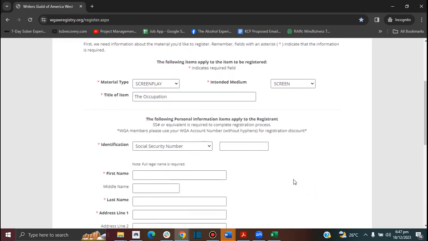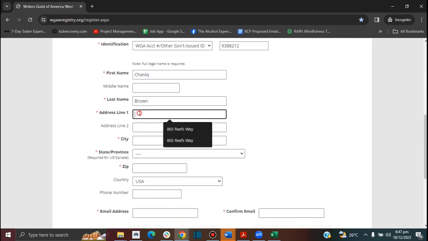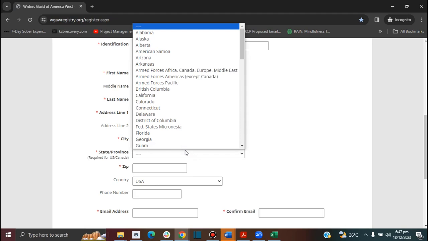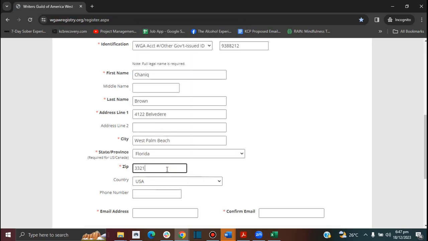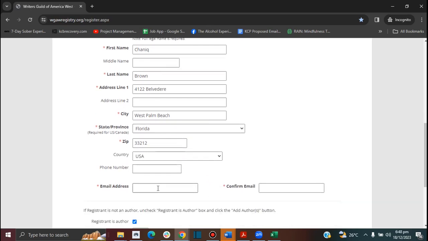and then here you'll need some form of ID. It can be your social security, driver's license, your WGA account, or another ID that you have, and then you put in your name, and your address, and then you can put in your phone number, but that's optional, and then you put in your email address,